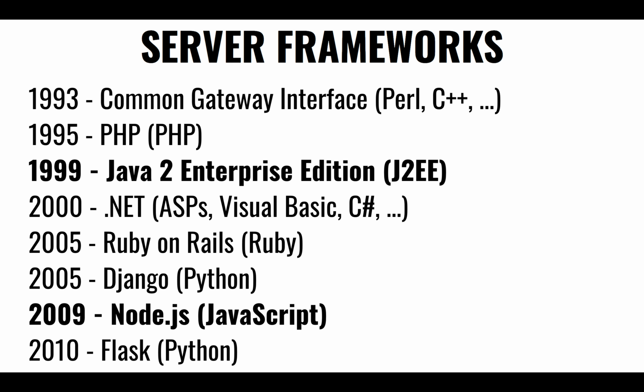Java 2 Enterprise Edition was the first attempt at identifying best practices and providing some template on how web applications should be built, but it was heavily based on a server-side web application implementation. Today, not most, but a lot of what we learned in the early 2000s has migrated towards front end development. So we have somewhat abandoned this strategy that became very popular in the early 2000s, but today is mostly client-side rendering. So we'll talk about that.